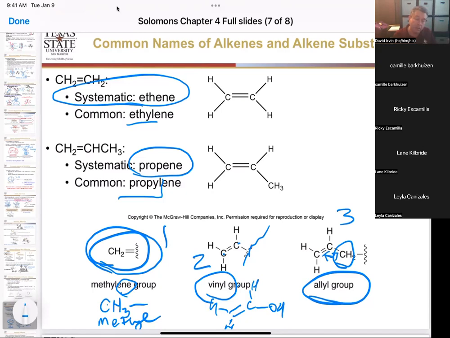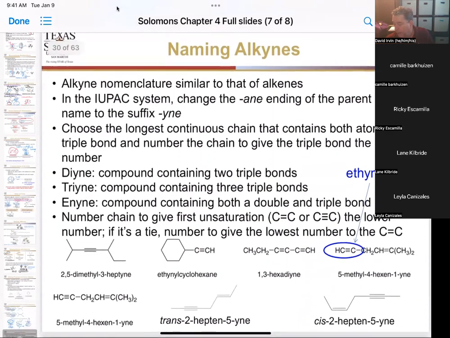So the methylene group is 1 carbon with a double bond. The vinyl group is 2 carbons with a double bond. The allyl group is 3 carbons with a double bond. All right. Those are things to remember. Write that down. Okay. All right. So now